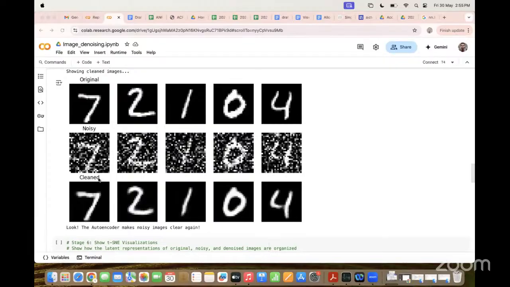That's the tool. So code for TSNE is available freely. In this particular example, in stage 6 of image denoising, we have incorporated the required portion from that TSNE code. So you can experiment with that. That's the purpose. Okay, sir.